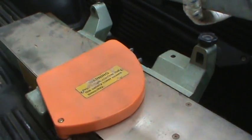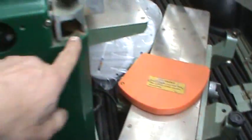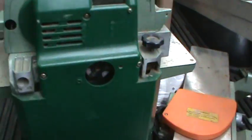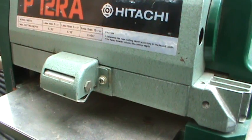And there's the last piece right there. This, probably a guide to it. That piece looks like it locks into here and here, and then that thing sits on top of it. So see if we can resurrect that. That should be worth a few bucks anyway. I doubt that I'll ever really use it, but